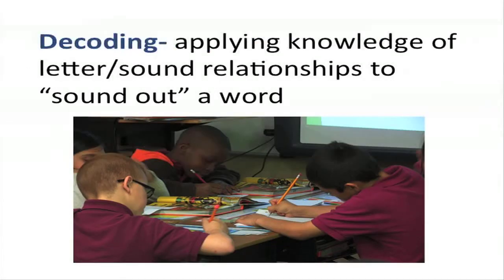When a student sounds out a word, he is applying knowledge of letter-sound relationships. This is commonly referred to as decoding. Helping students understand these relationships through both explicit and implicit instruction may be necessary in classrooms where learners are working in their non-native language. Since English words often do not sound like they are spelled, it is useful to help students make these connections by modeling target language, both orally and in writing.